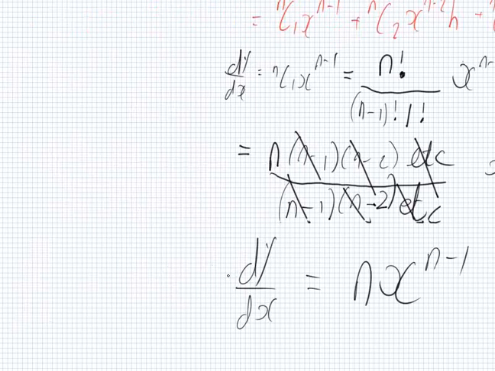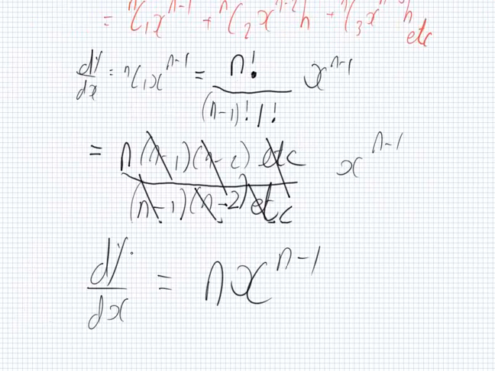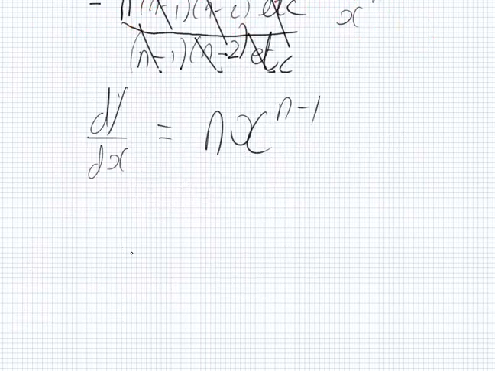So flicking to the left for the moment. If y is equal to x^n, then its derivative is n x^(n-1), which can be summed up as a sentence. So when you have x with a power, what you do is you bring the power down in front and you take 1 away from the power, minus 1 to the power. So for example,